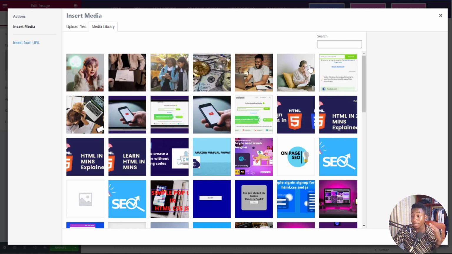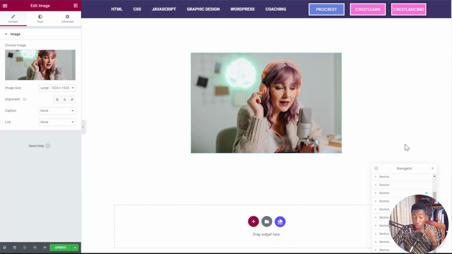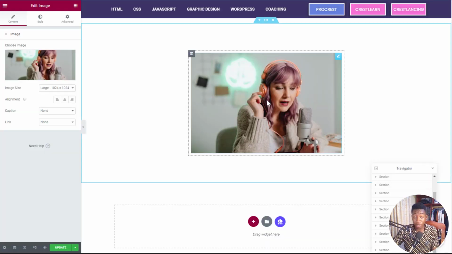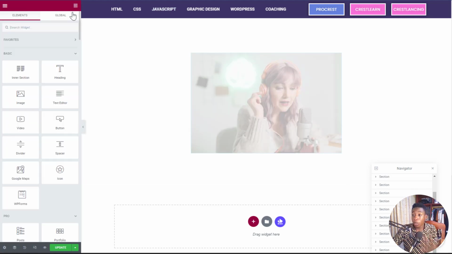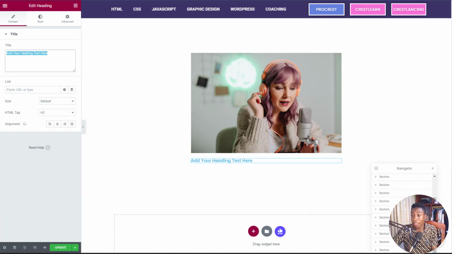So apparently these are the images that I have available, and if you wanted to choose an image from here, maybe you just want any image, after clicking the image you can insert it into your page, and then you can see here you have an image. Maybe you wanted to add an image title, or a title beneath the image, you can add it here, and then you just say Elementor